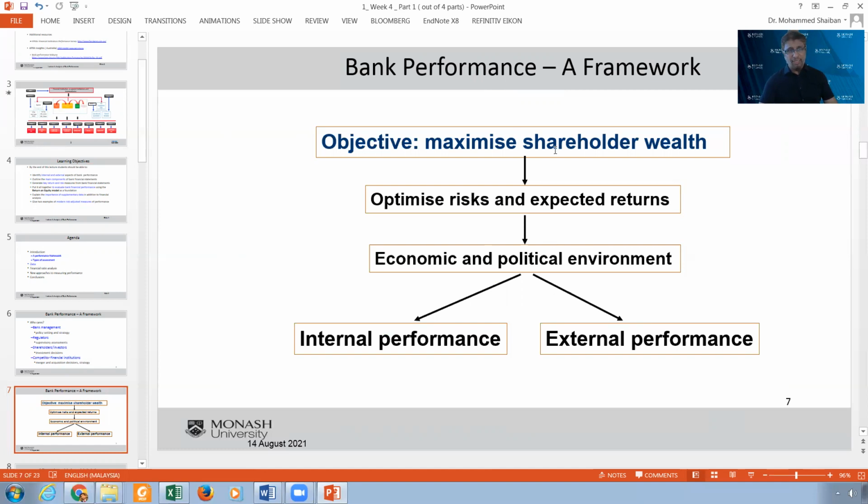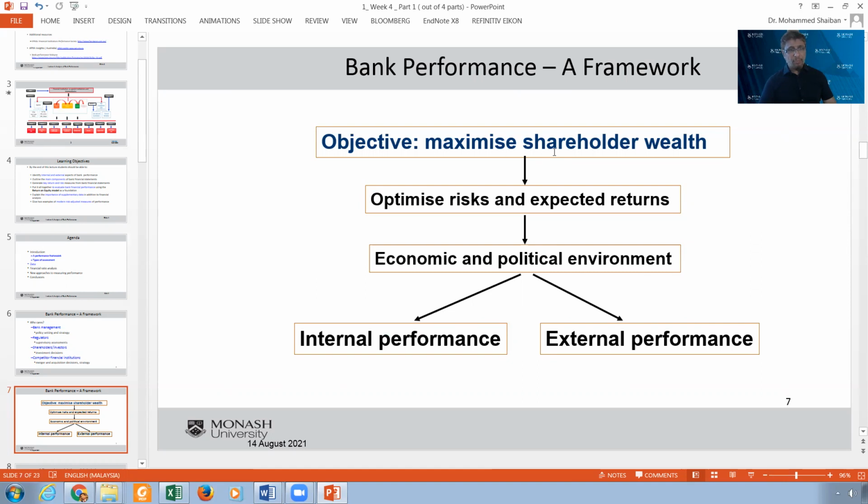So I can take risk in order to get more return, which means I can give more and more loans, even risky loans, and increase the risk, as long as the benefit to the shareholders from the return exceeds the harm of the risk to the shareholders' value. So as long as that function is positive, we keep taking risk,